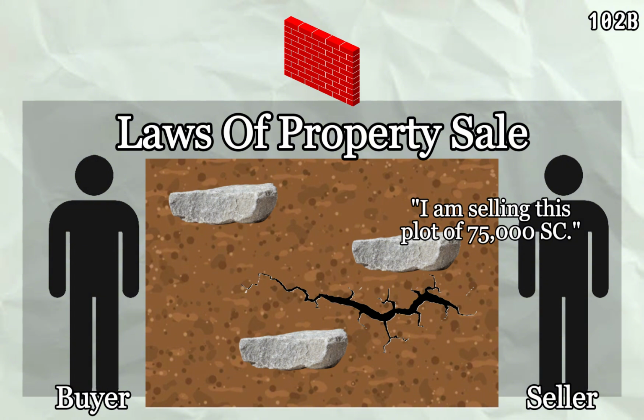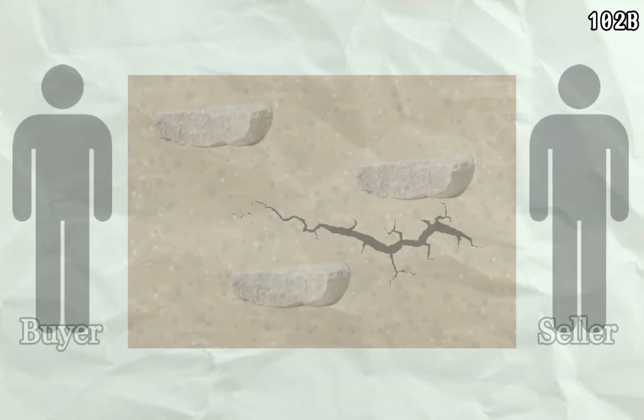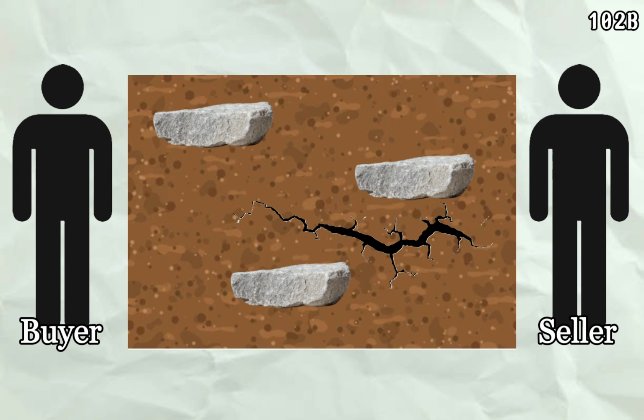If they were under 10 handbreadths, it would be included in the field sale. If the seller said he's selling about this 75,000 cubits, then even clefts or rocks above 10 handbreadths are included in the sale. The Gemara brings a very similar principle regarding redeeming a consecrated field for coins, saying that clefts or rocks above 10 handbreadths are excluded.